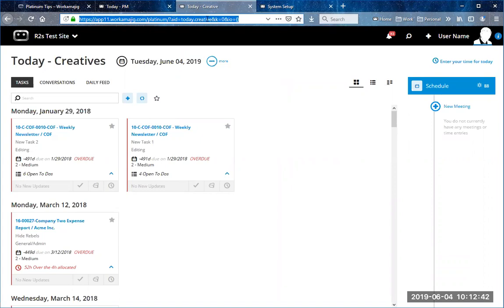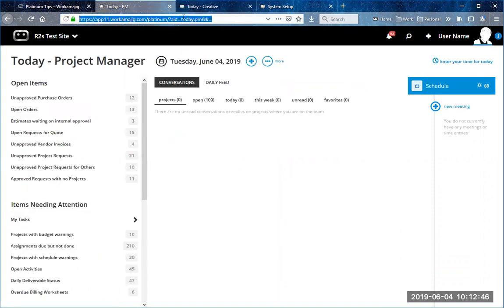Like you can see, it says Today Creative in the URL. If I click on the Today Project Manager, it says Today PM in the URL. So if you bookmark and you're accessing Workamajig through your bookmarks, then that might be one reason for that. But while we're discussing bookmarks, that's also another way you could utilize the system in your browser of pages you